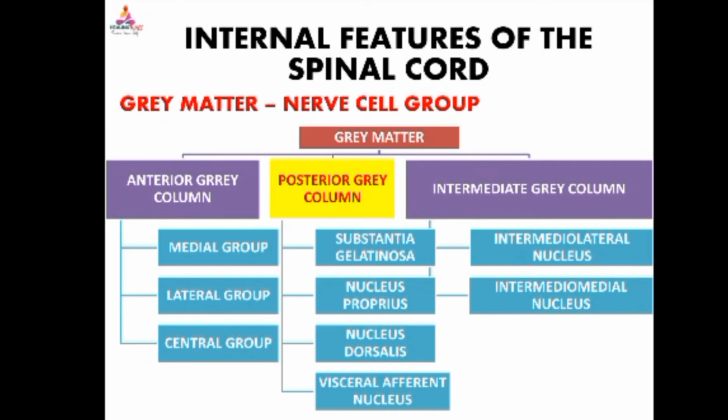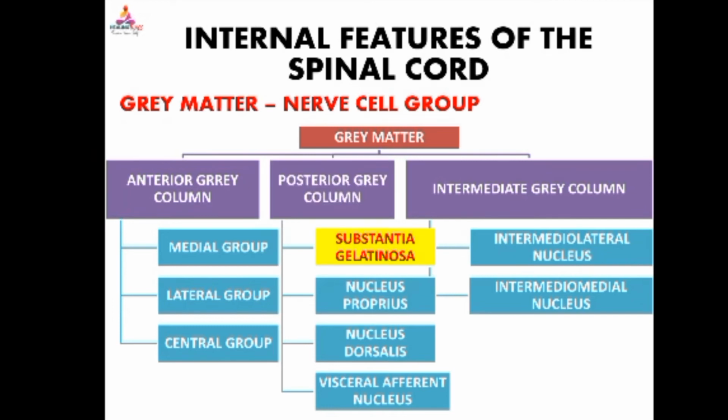Next group is the cell group in the posterior gray column. In posterior gray column, the cell groups are arranged into four longitudinal columns. From the apex towards the base, these are substantia gelatinosa, nucleus proprius, nucleus dorsalis, and visceral afferent nucleus. First one is the substantia gelatinosa, situated at the apex of the posterior gray column and extended throughout the